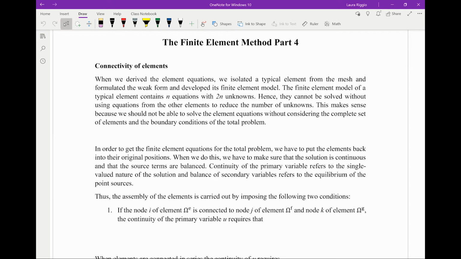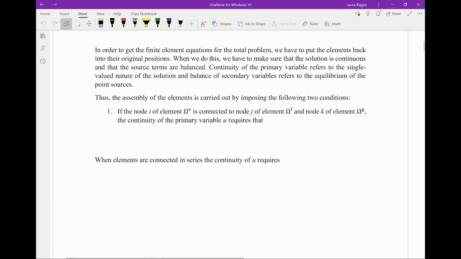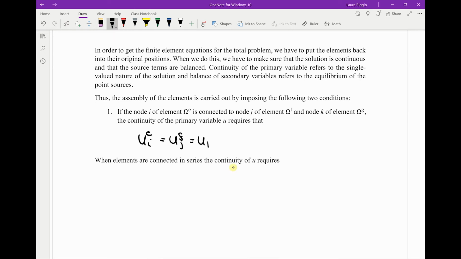So we're going to impose two boundary conditions. If I have node I of element E connected to node J of element F connected to node K of element G, then I'm going to require that UI is equal to UJ is equal to UK of element G. When we connect our elements in series, this requires that